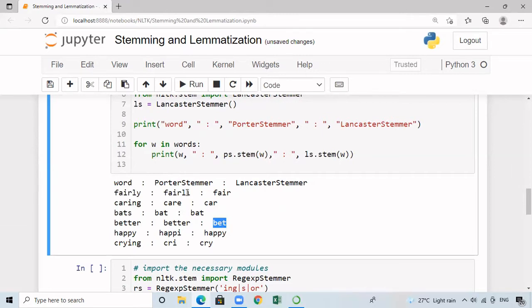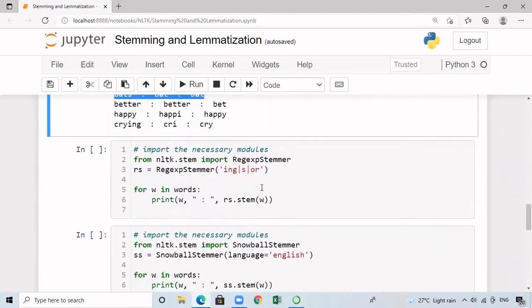So when we consider the output, both Porter stemmer and Lancaster stemmer are not considering the context of the word. They are simply applying the rules or the iterative algorithm and creating the output. So the output may not always be a valid word in the dictionary. Sometimes it may be a valid word, as in the case of bats. So both are converting into valid output only, whereas it will not be true for all the cases.